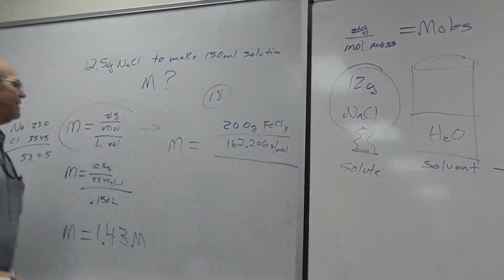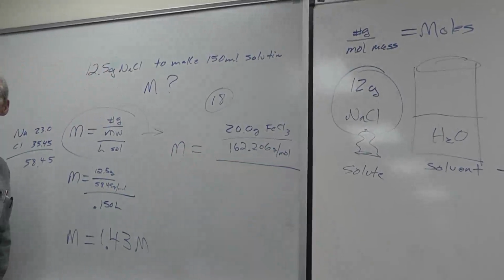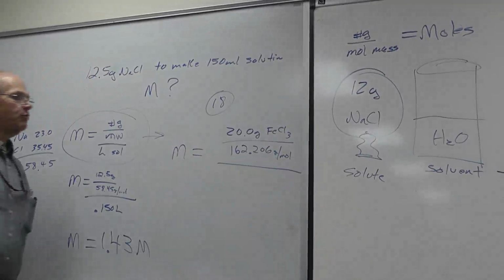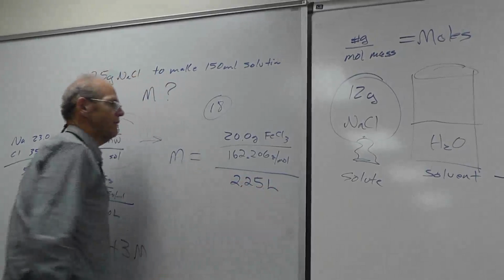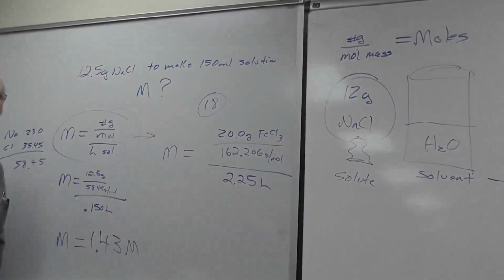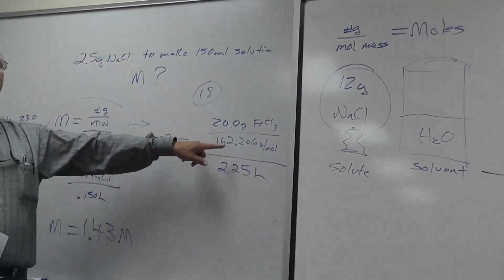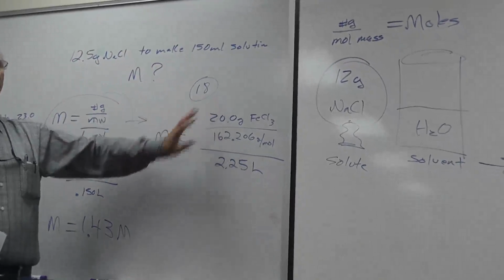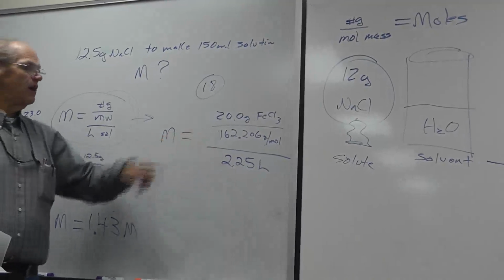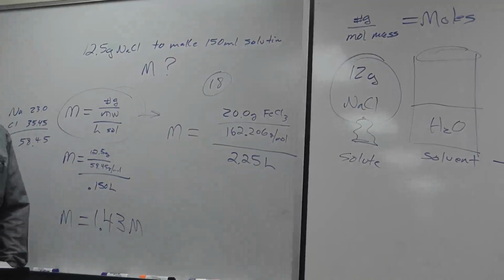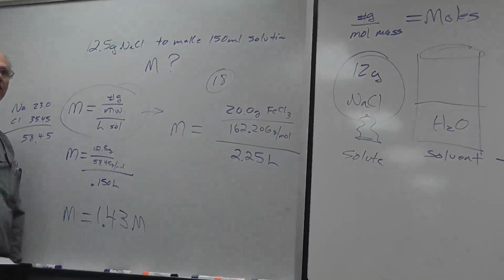And then, how many liters of solution do we have? 2.25, right? So, grams divided by grams per mole gives me moles on the top. Moles per liter is molarity, which is supposed to be. Okay? And then my numerical answer should hopefully be what Dr. Burns has got there,